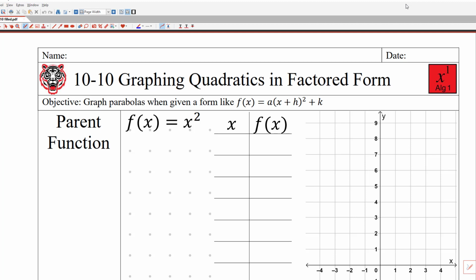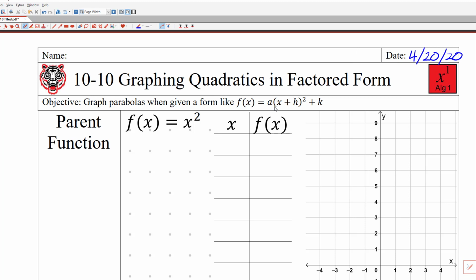This is Algebra 1, Lesson 10-10, Graphing Quadratics in Factored Form. Today's date is Monday, April 20th, 2020. So our objective today is to graph parabolas when given a form that's factored or in vertex form, and